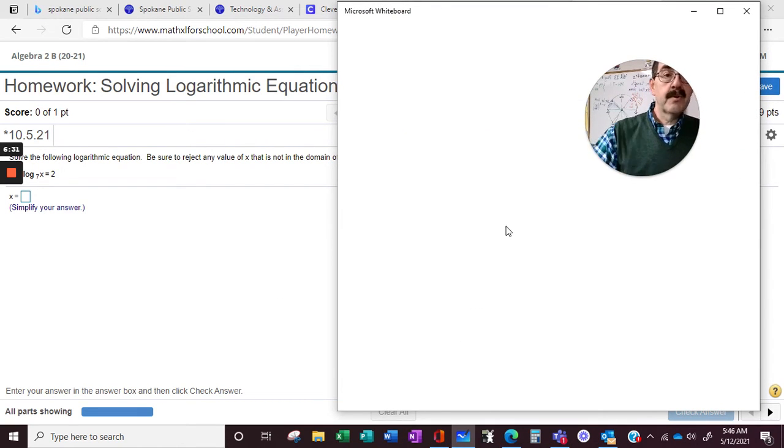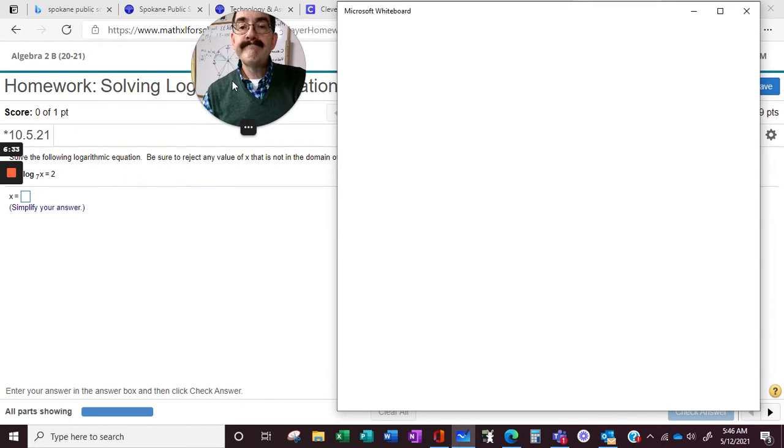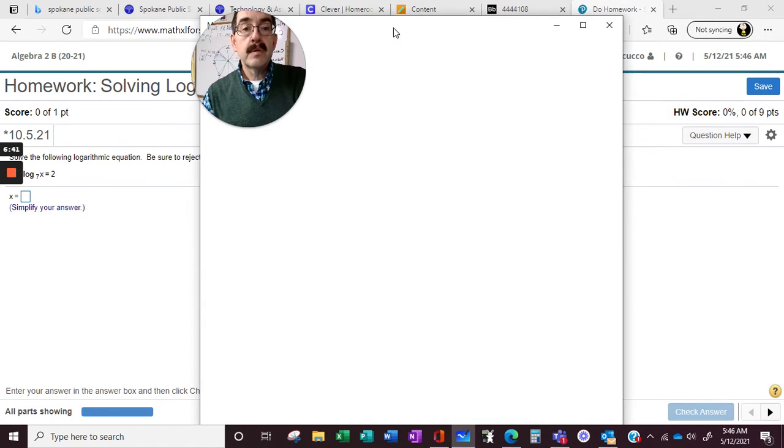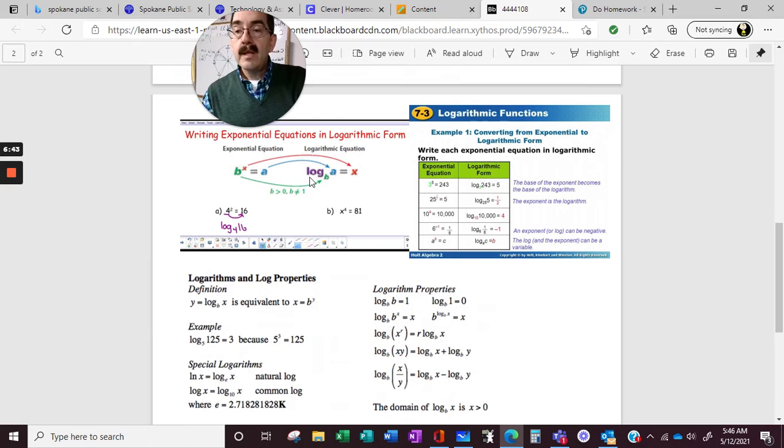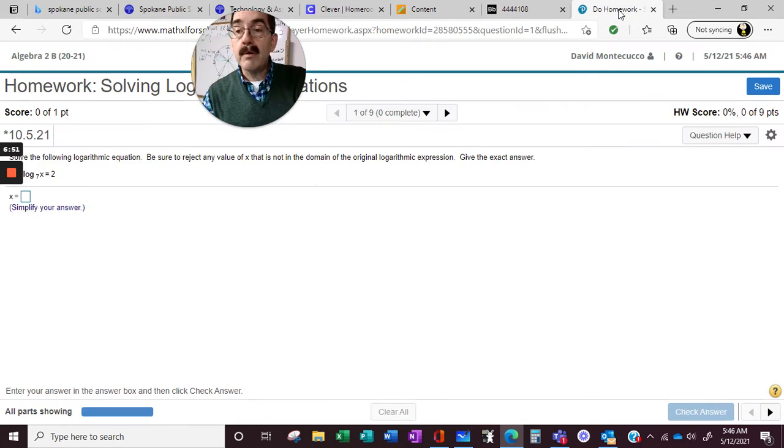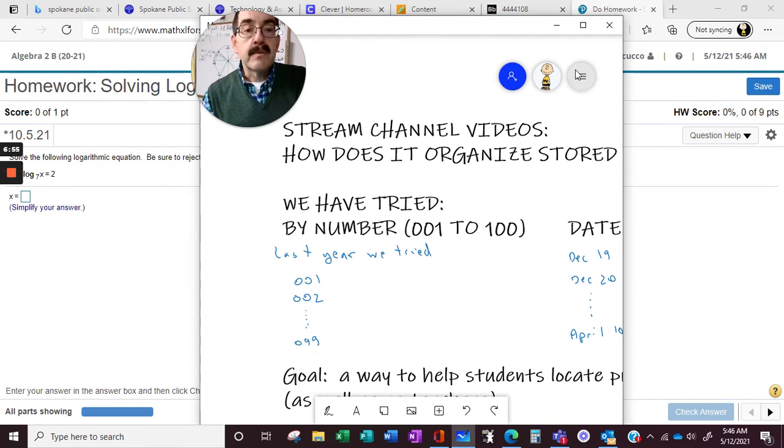I forgot to turn my whiteboard on. Sorry. Okay, so we're going to translate backwards. 7 to the 2. Okay, so we're going to translate this. The 7 goes here. The 2 goes here. 7 to the 2 power. What's 7 to the 2 power? 49, right? Okay, so now,